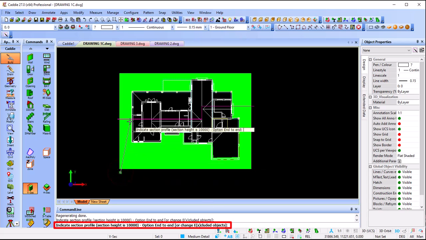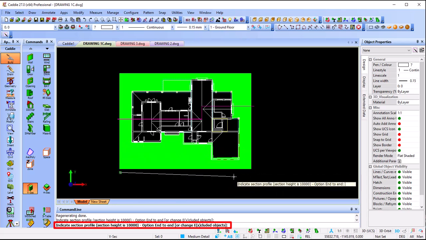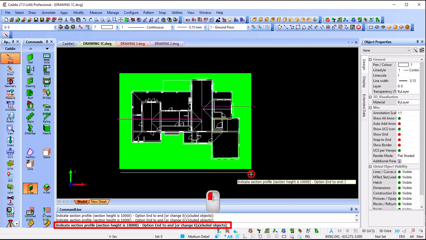Now, take note that I start my section line on the outside of my building. If I start in the middle, it will not recognize the content on the outside, so then you'll have only half of your elevation. So always start on the outside. And now I would like to keep it horizontal, so I can hold down my tab key on my keyboard and make sure I go past the last object.